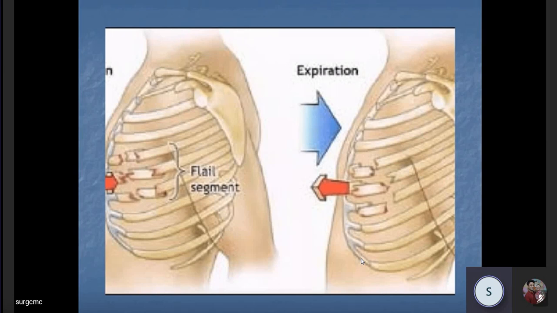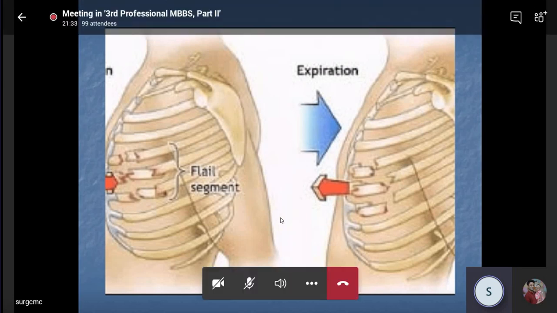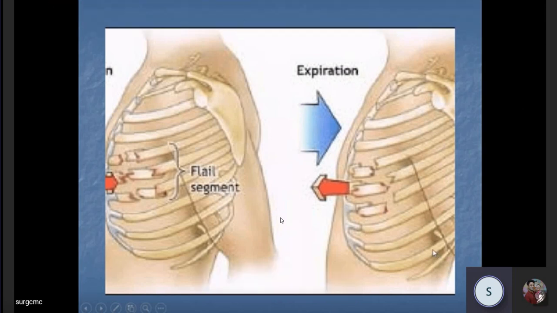Chest expands. In inspiration first negative pressure appears. With the negative pressure, when the chest expands, the entire chest will first be in negative pressure. Hello, শুনতে পাচ্ছো? Yes sir. হ্যাঁ স্যার। নেগেটিভ প্রেসার হওয়া মানে পজিটিভ প্লুরাল প্রেসার তৈরি হচ্ছে। পজিটিভ প্লুরাল প্রেসার তৈরি হলে the entire lung is drawn in, but this thing is pulled out. And when you have positive pressure within the lungs, this thing is moved in. It sucks in. That is flail chest.